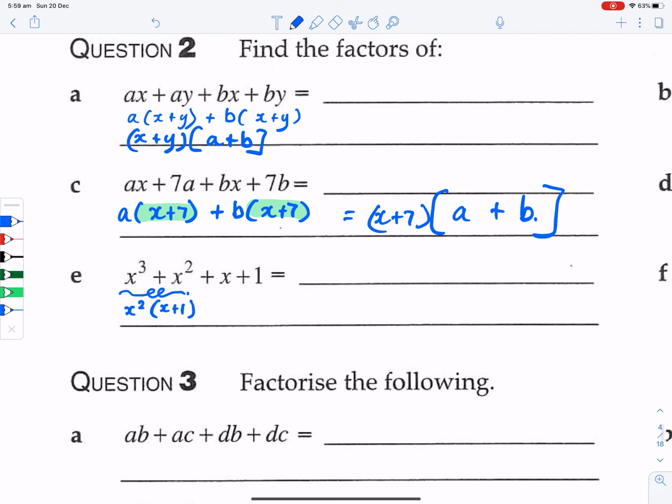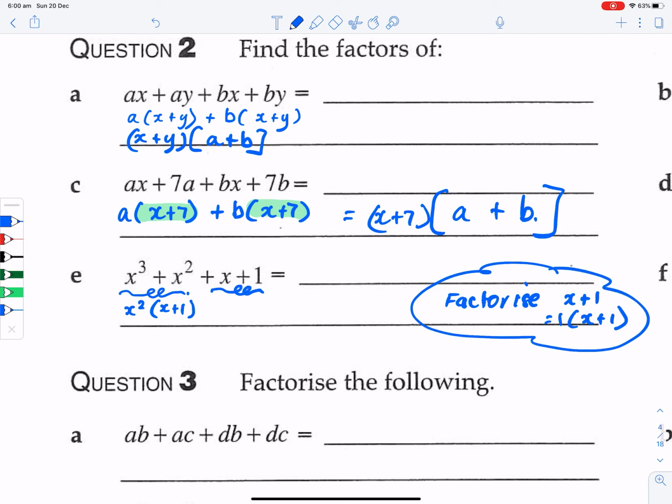You've got x plus 1. Now, this is a good question because normally there's not much to factorize in x plus 1. For example, if I just gave you a question at the beginning of this topic and said factorize x plus 1, you can only take out a 1. But 1's a factor of everything, so you're not really doing much here. So you would never get this question